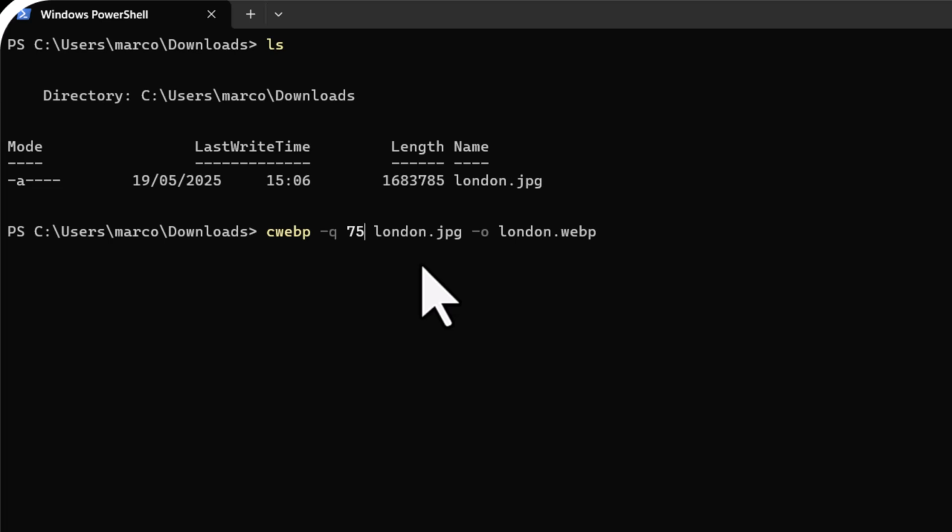Then we have london.jpg, that is the file that we downloaded from Unsplash, and that is here, as you can see. And at the end, we have this -o london.webp. The -o option is like the output, and london.webp is the name of the file that we want as output. In this case, I want london.webp, but you can also use a different name like london-cd.webp. So let's run this command,